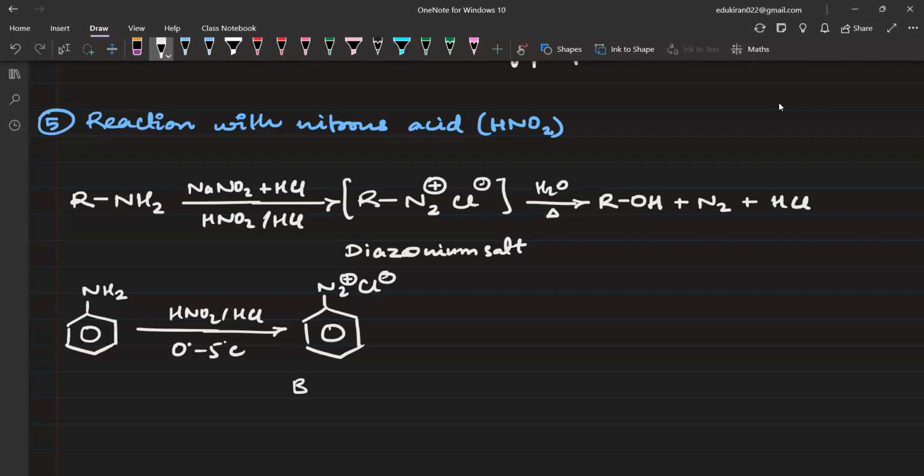This is benzene diazonium chloride, BDC. This is stable